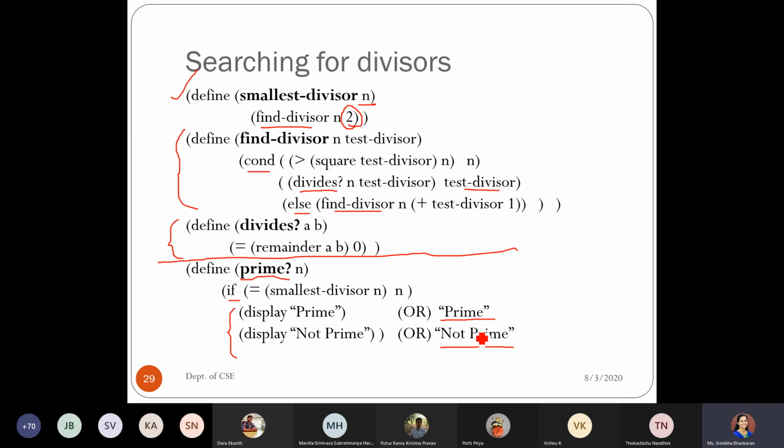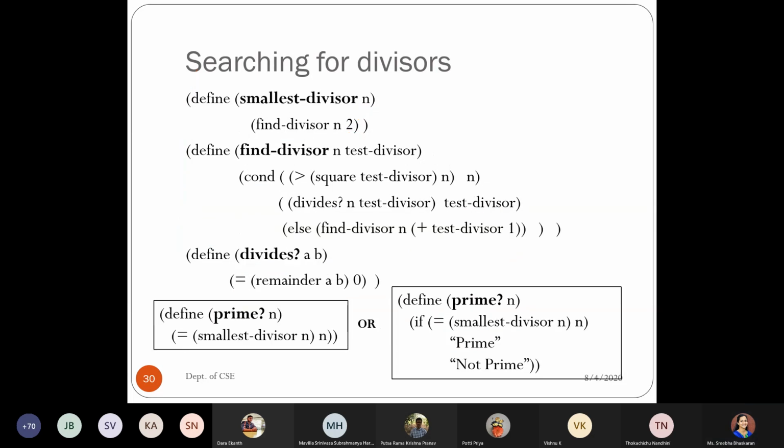Is it clear? If you don't want any statement and want only true or false, you can write it like this. Define the prime procedure where you are equating smallest divisor of n with n. Since there is an equality, it will just return true or false, which is nothing but #t or #f.